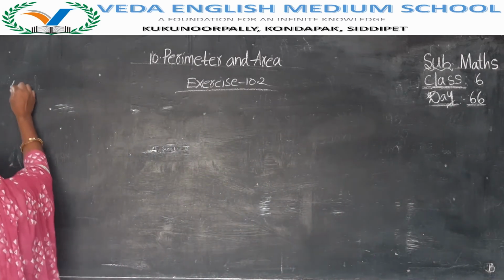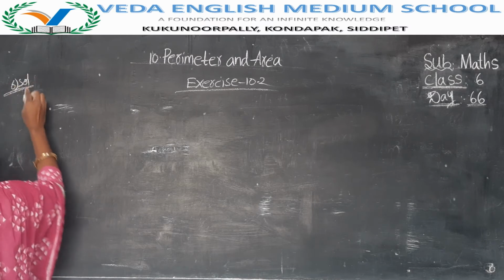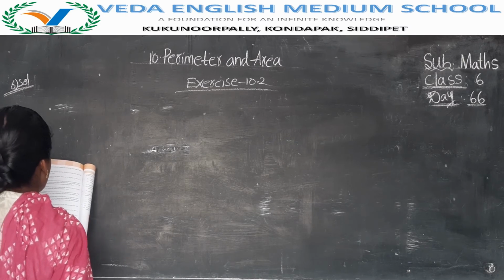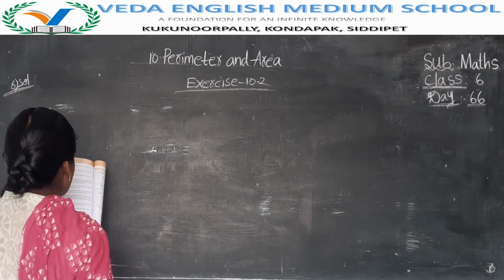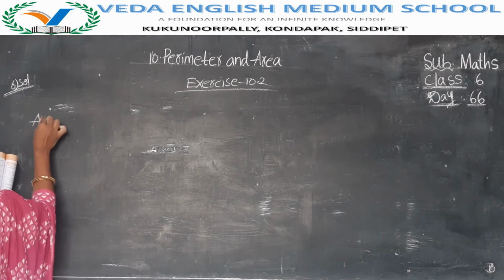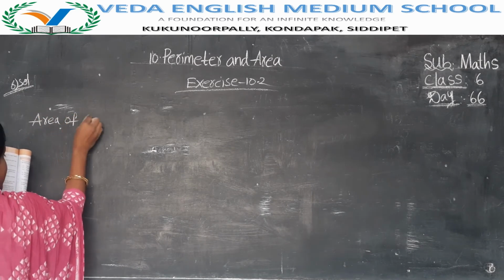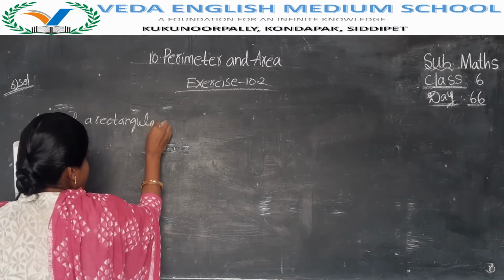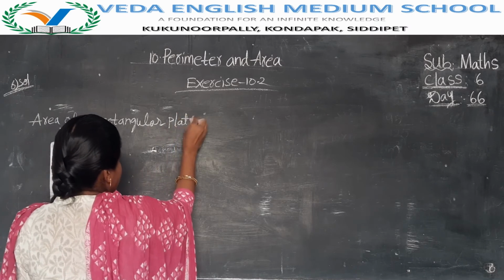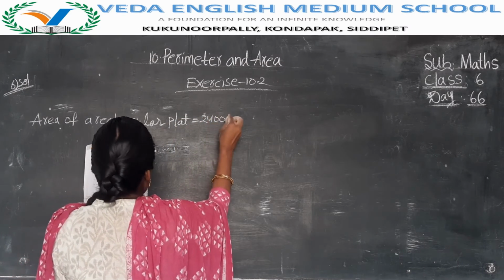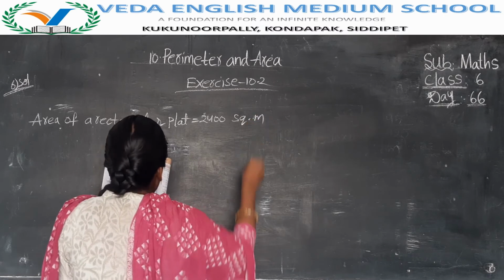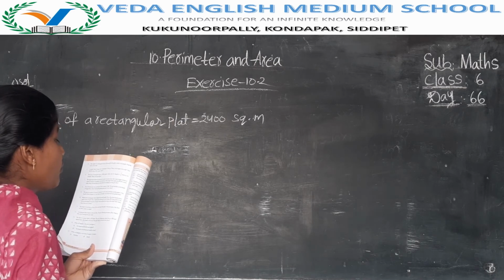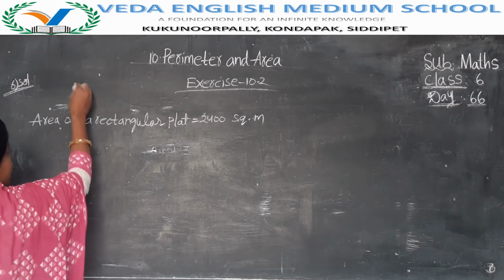Sixth solution. The area of a rectangular plot is 2400 square meters. And its length is 1 into 1 by 2 times its breadth. They said that